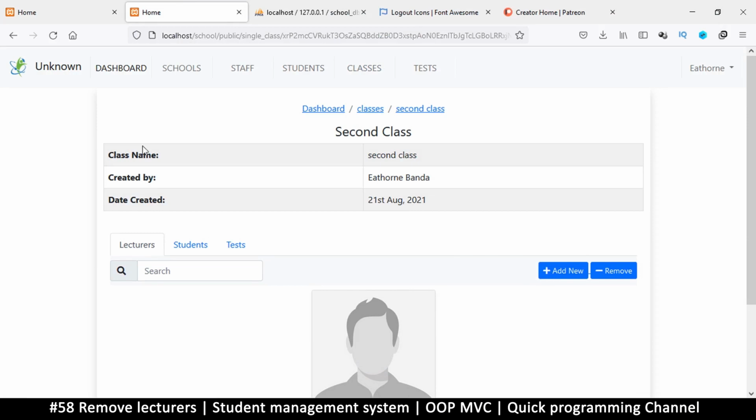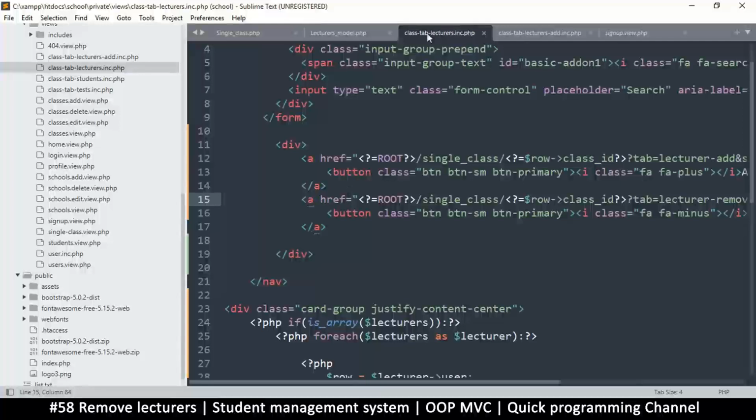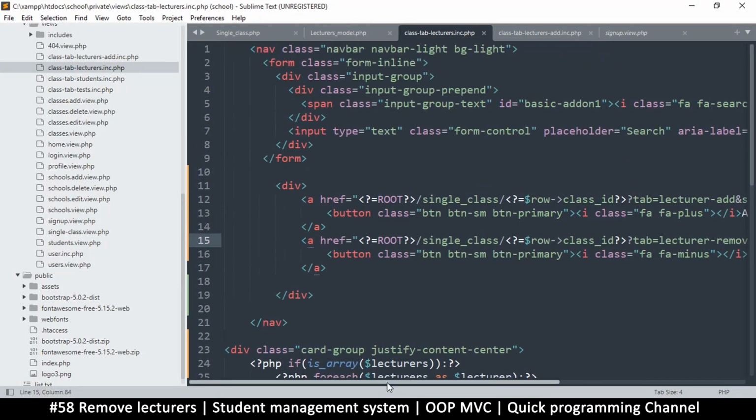So let's quickly move these things up a bit, and we'll do that by removing this. Since we already have the class name here, the class title, we can remove this, and then we put this one and this one in one line. So let's see how we can do that. So we go back to class tab lecturers, and